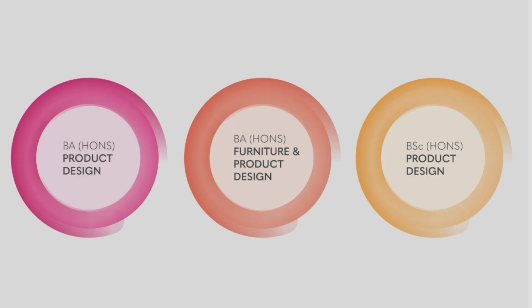And obviously with COVID and everything that went on last year, our placements being cut short, it felt like quite dark times, so we wanted to express with this logo the bright colours, one for each course. It was a good way of trying to lift everyone's moods, I guess. So it's got the yellow for BSc, the orange for furniture and the pink for BA, and all of those are creative and energetic and uplifting,